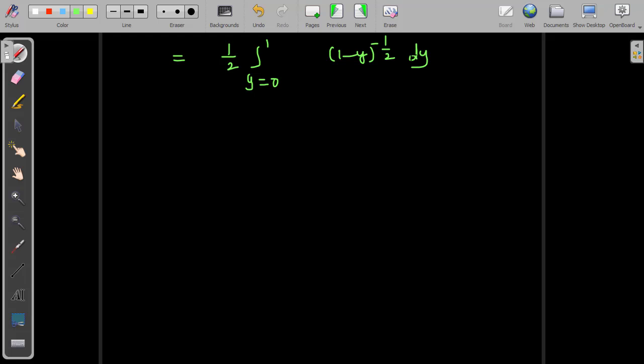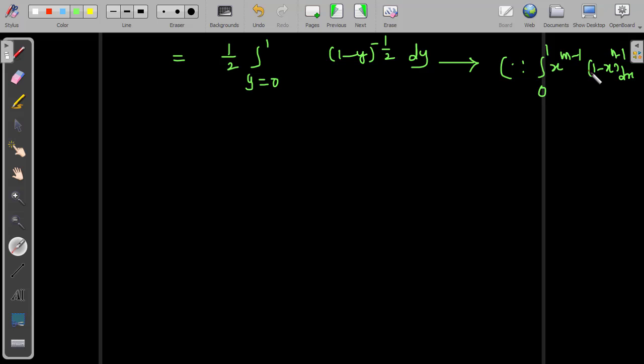But I want to express this definite integral in this format: integral 0 to 1 of x to the power of m minus 1 times 1 minus x to the power n minus 1 dx. Don't forget, we need to express this integral in this format. Here we have the 1 minus x variable, I will change it, no problem with the variable. It is like 1 minus y, but here the power is n minus 1, whereas we have power minus half. This minus half you can express like n minus 1. How is it possible, we'll check it here.